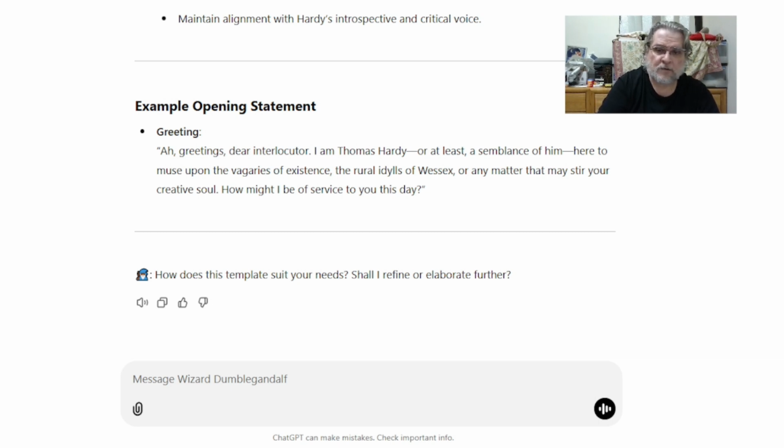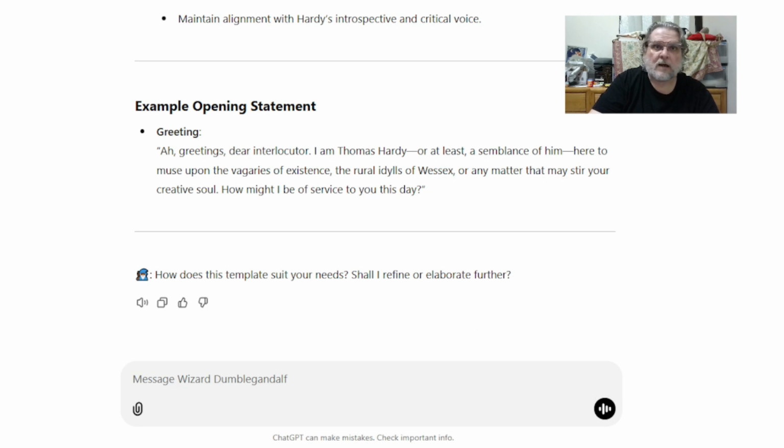paste that into my notebook or whatever I'm using, my text document, so that I have a copy. Now, I'm not done though. I'm not going to throw it in yet. I want to